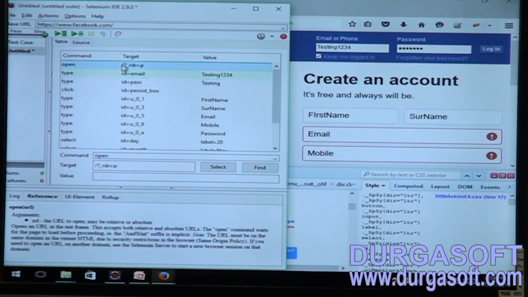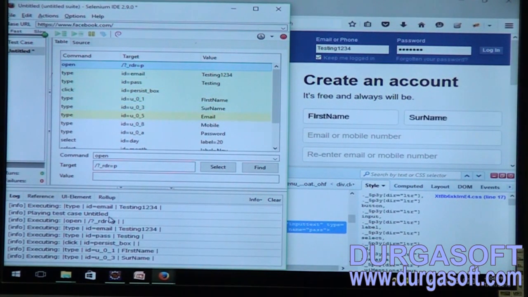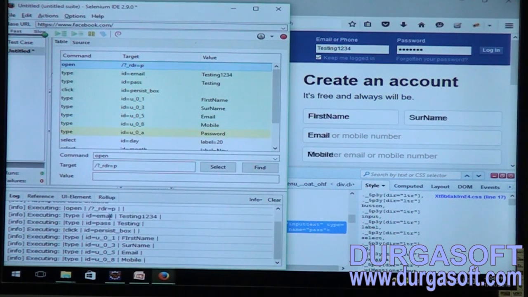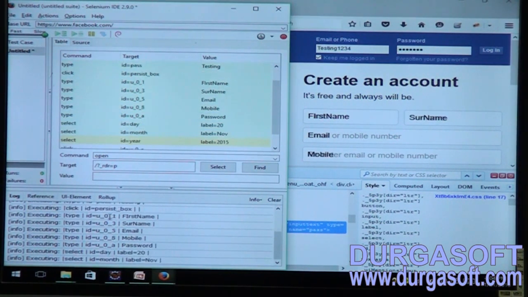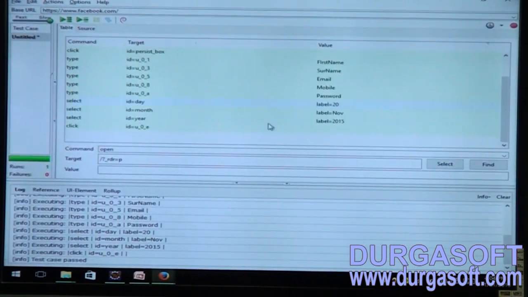Play current test. We can also see the log files, team, over here. Now you can see it is going to rerun. See, it is going to enter the data into that facebook.com application automatically. See, I am not going to perform anything over there. The Selenium IDE tool is going to do it automatically. This is what we call automation testing. Clear, team? Fine. So we are done with this Selenium IDE, we have run it successfully and you can see the test case has passed.